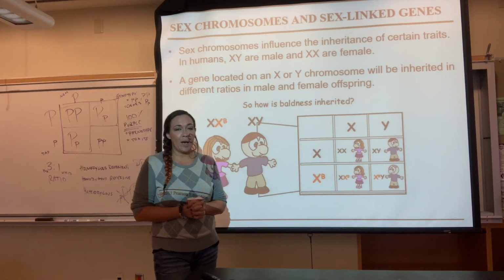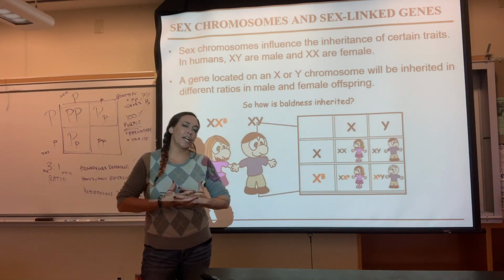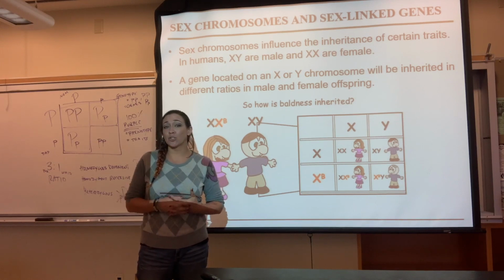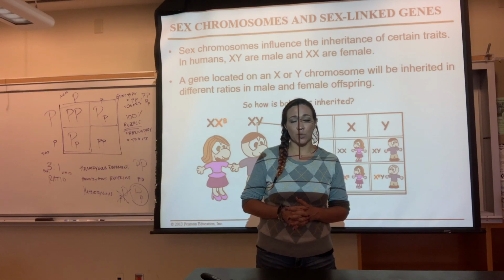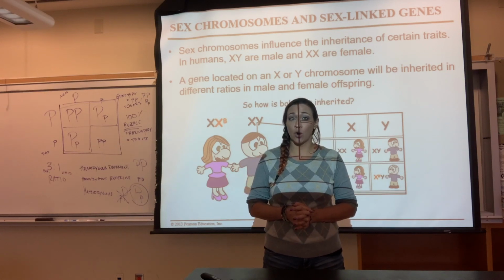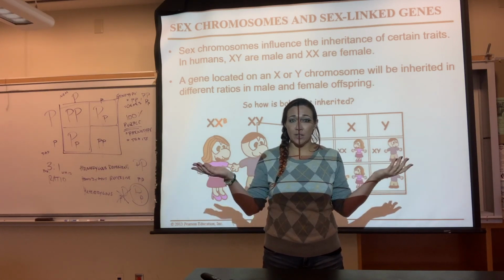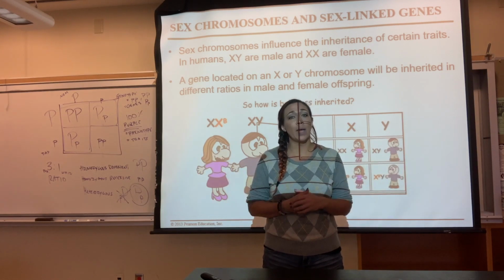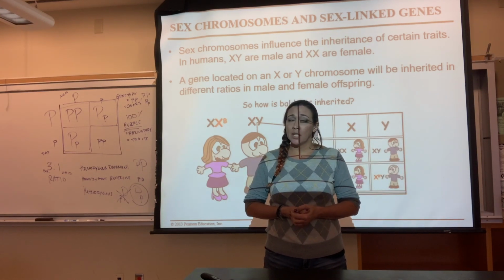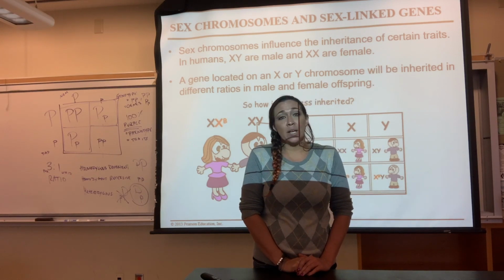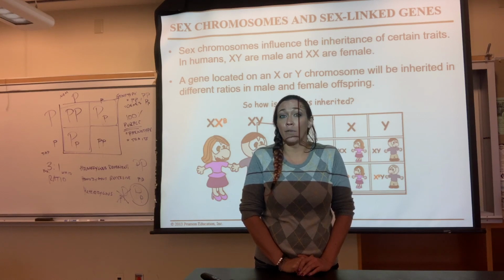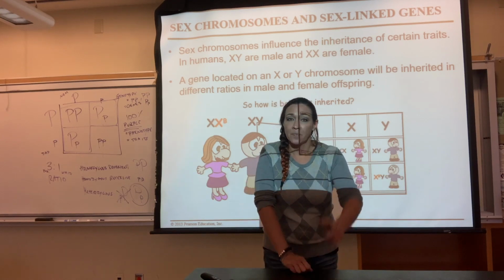Something else we have to talk about is what's called sex-linked inheritance, meaning it is on your sex chromosomes. Remember early on we talked about the fact that we have 23 pairs of chromosomes, the 23rd one being your sex chromosomes. You either have 2 X's if you're a female, or you have an X and a Y if you're a male. Well, sometimes those chromosomes can actually tag on these traits. So sometimes they are what's called sex links, meaning you're only going to get them if you have a certain combination of your sex chromosomes.